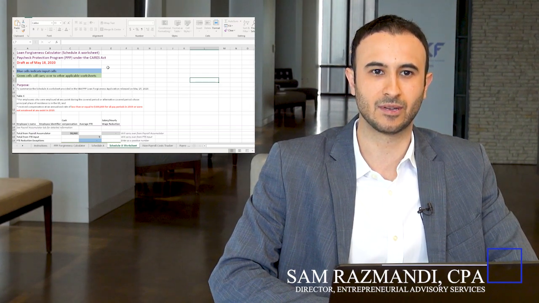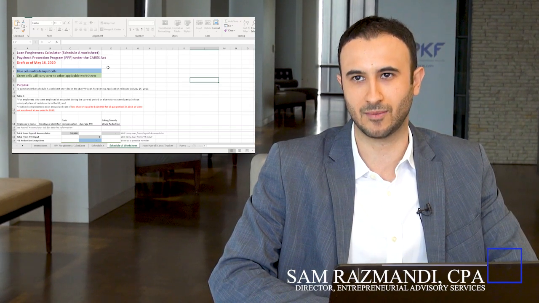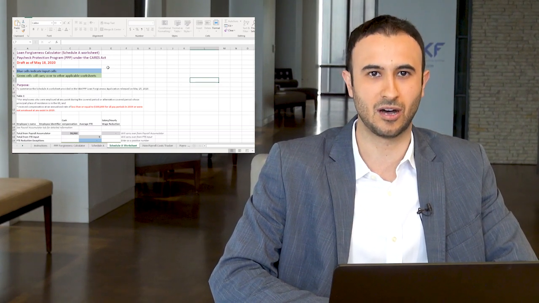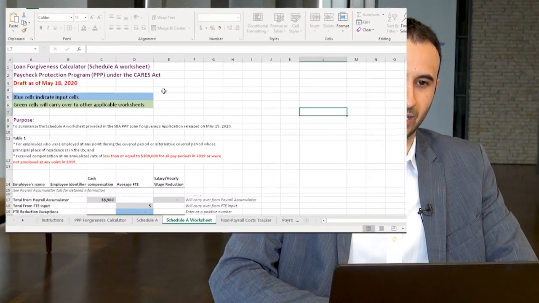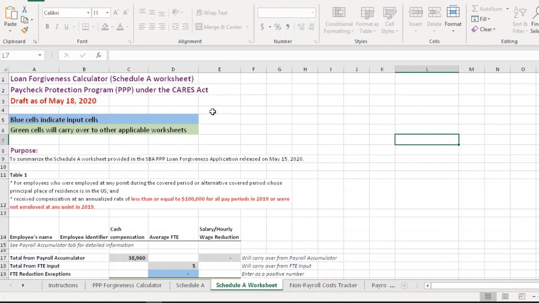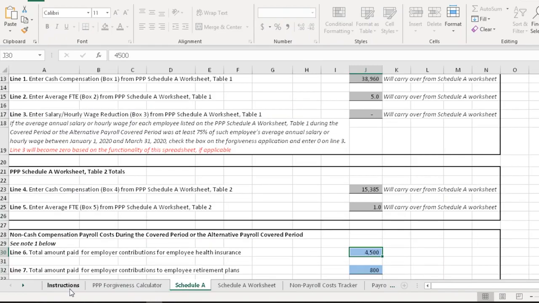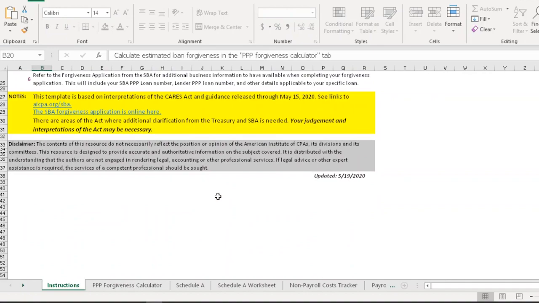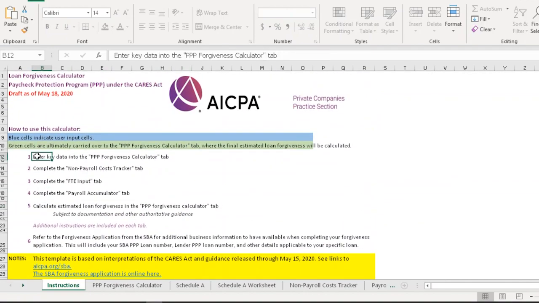And any support you need for rent obligation, leases, utilities, and those other covered costs that you can use towards your loan forgiveness amounts. So let's go ahead and dive into this calculation. It's multiple tabs here, as you can see. The first tab is the instructions, obviously a very important tab that you want to follow. The instructions do kind of go step by step, where to start and where to go,